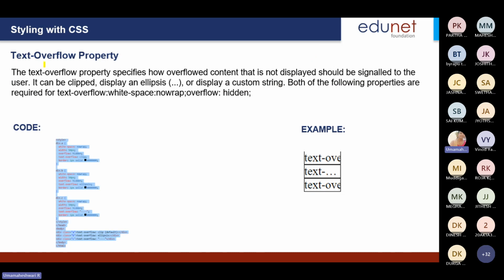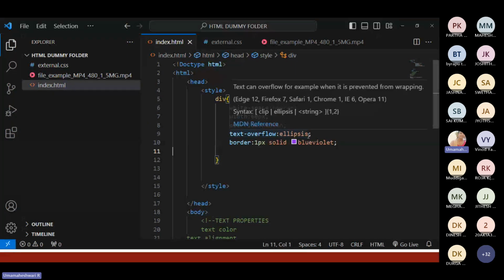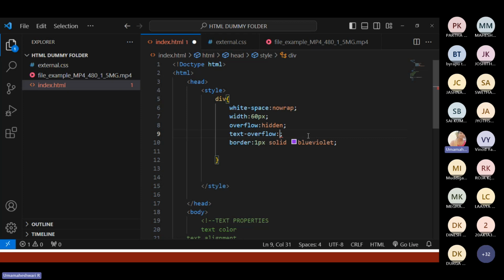And the text-overflow property. The text-overflow property specifies how the overflow content that is not displayed should be signaled to the user. That will be giving some signal to the user. It can be clipped or display an ellipsis. So these are the different values we have. One is called clip, we can also clip it, another one is ellipsis, and the third one is hidden. In text-overflow, we can also give some other values here. Example, let me give it like this. If you go and check,